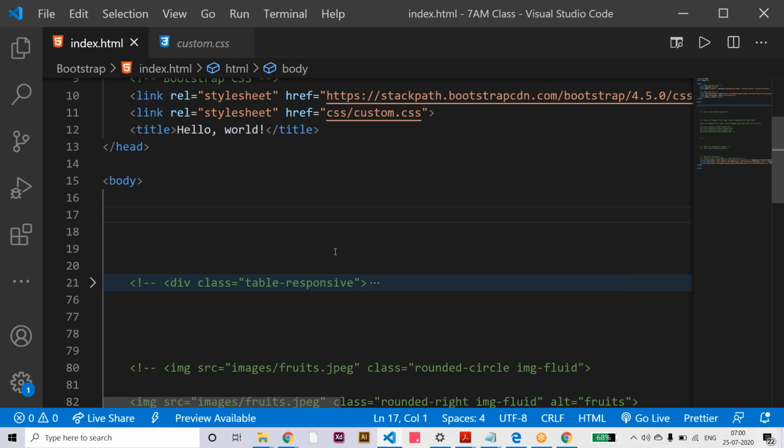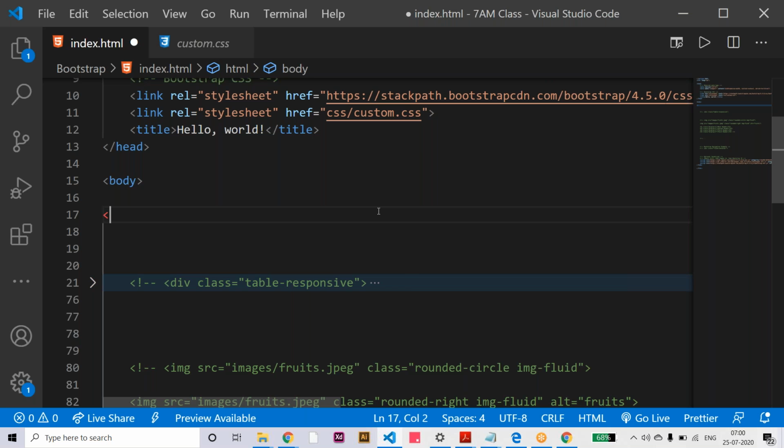Here we have the bootstrap class, Jumbotron. So Jumbotron is for when the information is important on that web page. For displaying any important information, we have the Jumbotron classes.